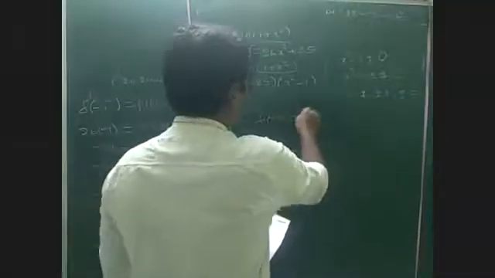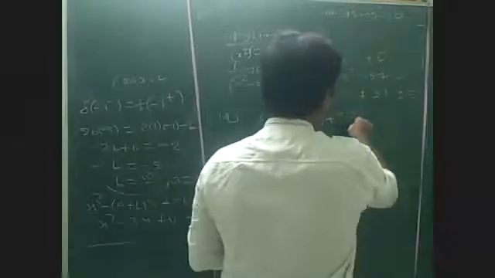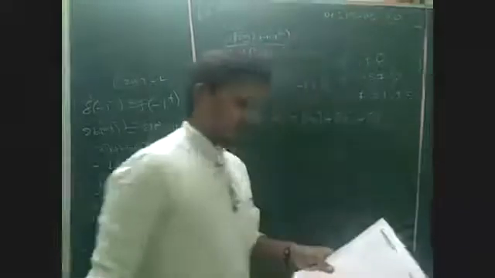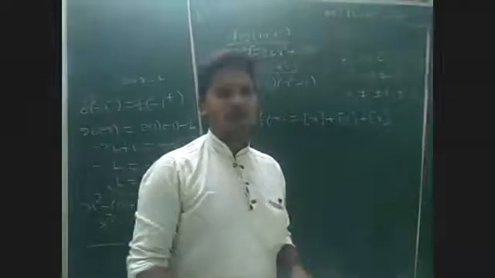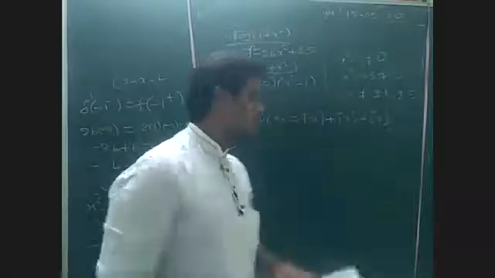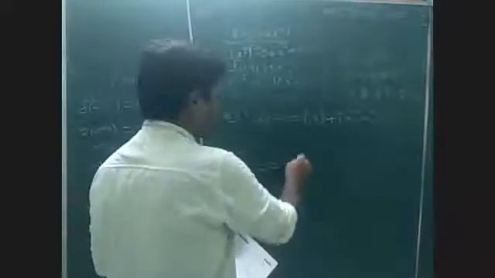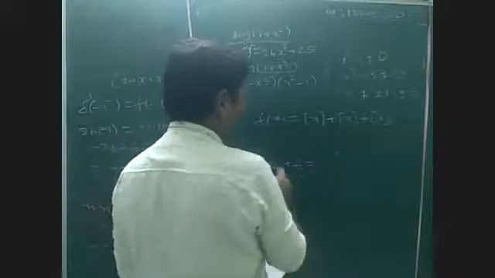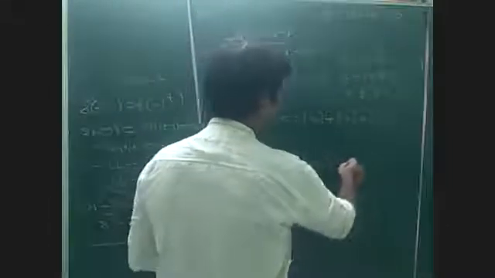Because they clearly mention it is continuous in that interval, the first option is right. And the 14th question, also the same. Here f of x, we write step x plus, we write step x. Why? Because x plus 1 by 3 is there. In x plus 1 by 3, 1 by 3 is a decimal value. For example, you can take x equal to 2. 2 plus 1 by 3 means 7 by 3, which is 2 point something.